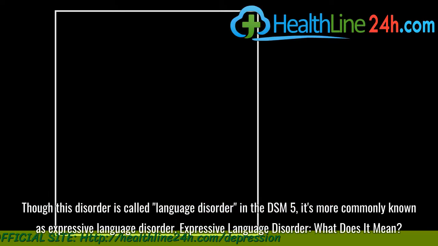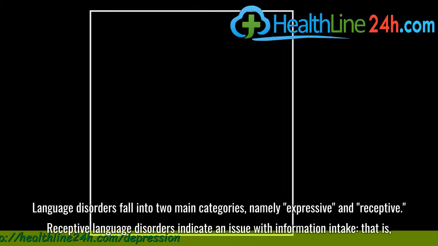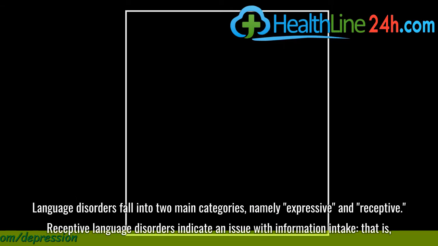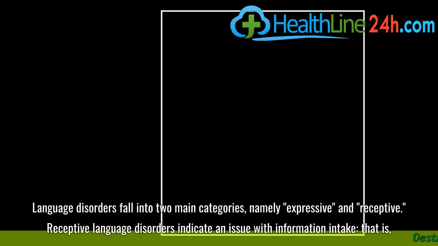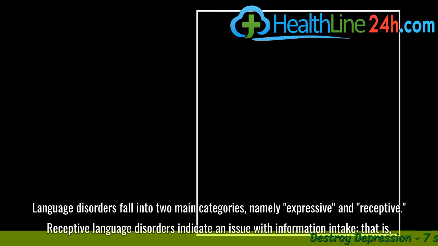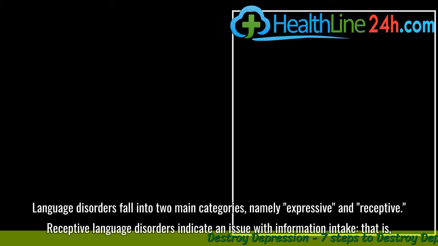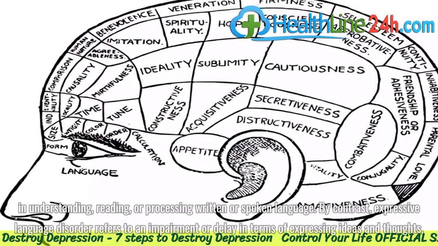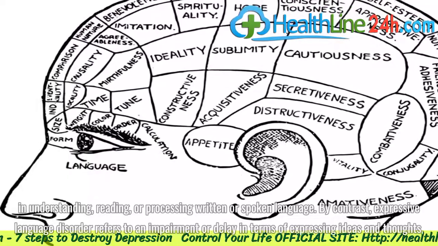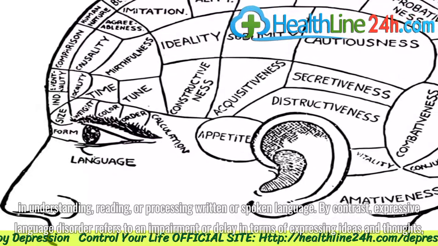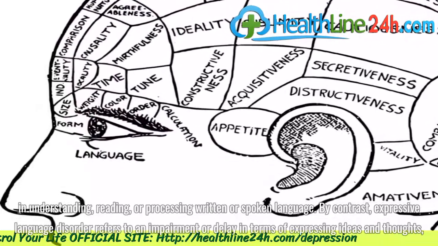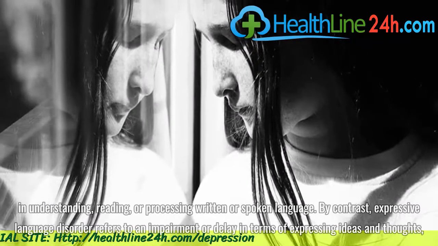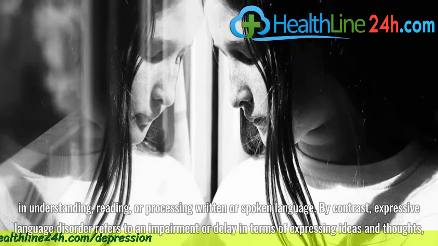Expressive language disorder, what does it mean? Language disorders fall into two main categories, namely expressive and receptive. Receptive language disorders indicate an issue with information intake, that is, in understanding, reading, or processing written or spoken language. By contrast, expressive language disorder refers to an impairment or delay in terms of expressing ideas and thoughts, whether orally